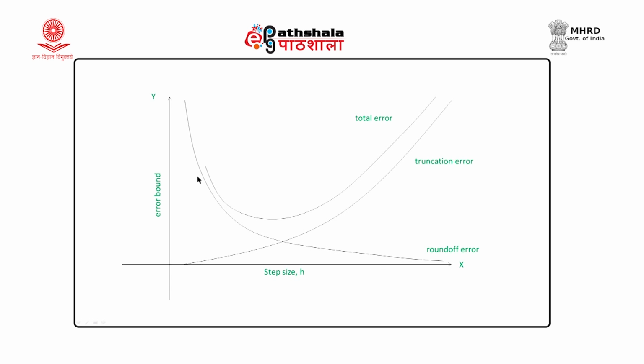See, this is your graph y equal to 1 by x type, that is epsilon by h type. It is a hyperbola. As you increase h, this is decreasing, but as you decrease the step size, round-off error is increasing. Whereas truncation error is a parabola, y equal to x square type, order of h square, 1 by 6 M into h square, and so the truncation error increases as you increase h. So, truncation error reduces if you decrease h,